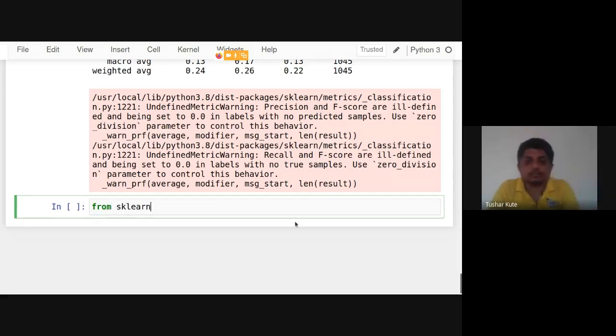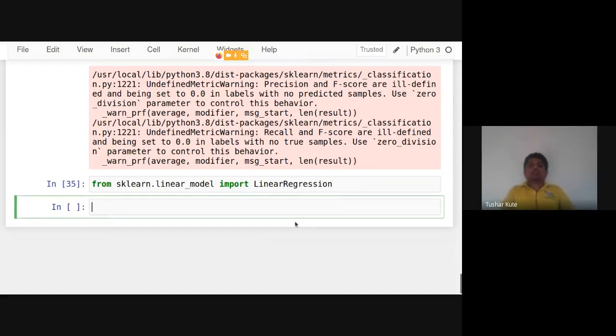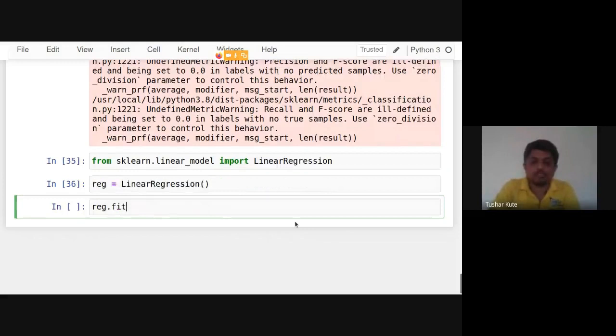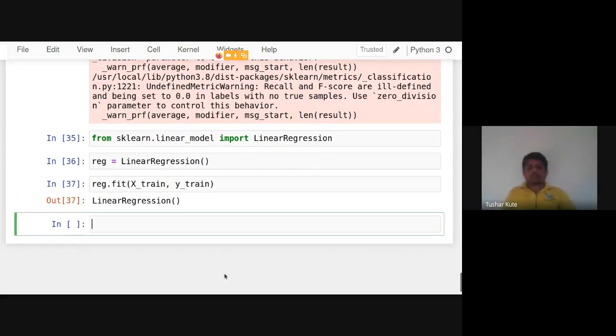From sklearn.linear_model, we have seen this yesterday practically, so the same thing I'll just show you here. You can try it on your own. From sklearn.linear_model, import LinearRegression. So the linear regression class we have imported. Then we will create the object of it, and then we'll train the algorithm with the given data. Fit is to train the algorithm: X train, Y train. Done. Just check it, try. Then we'll proceed further.